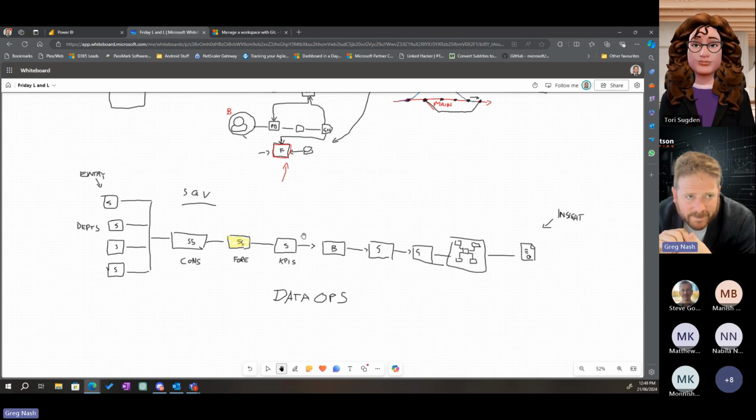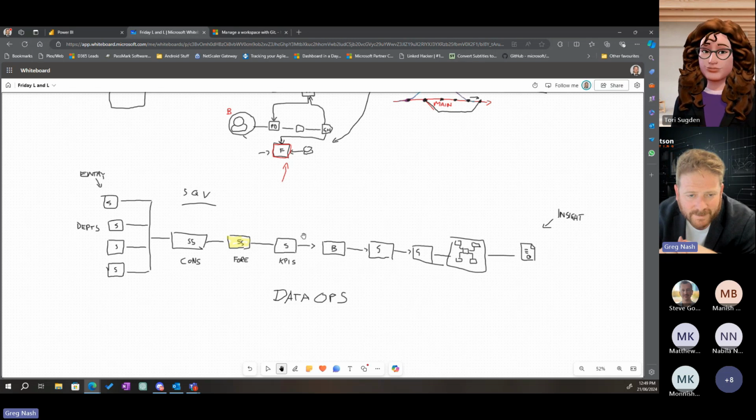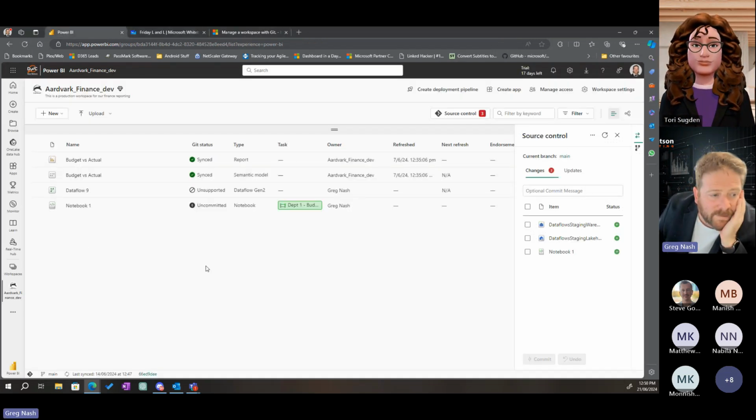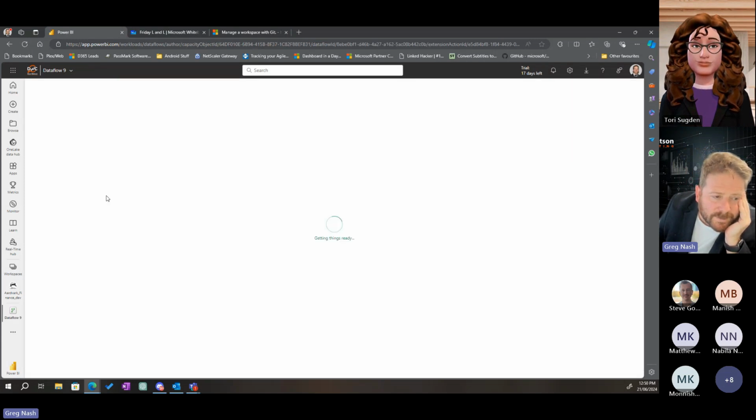Can you even pull an Excel spreadsheet out of SharePoint using Python? I guess you can. Python can do everything. I wouldn't even know how to do that though. Okay, so we're going to create this data flow, which is going to be the